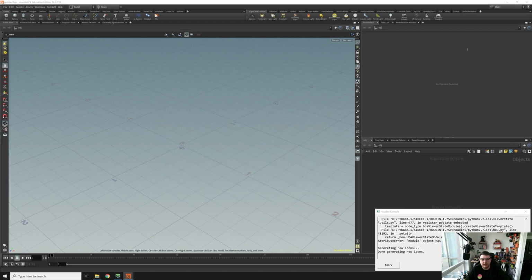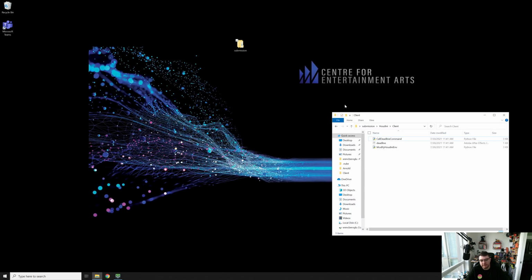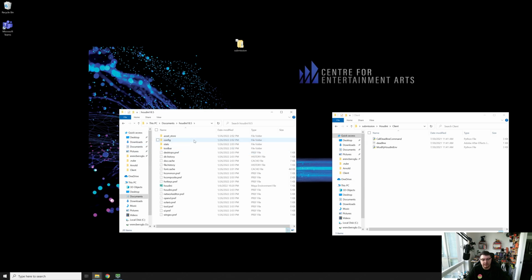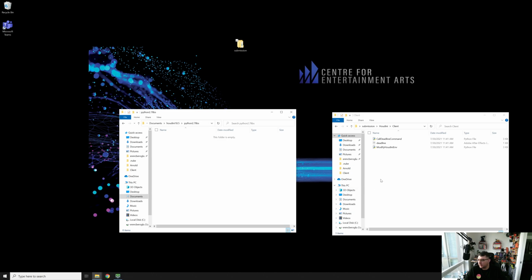So now Houdini is launched. I can go ahead and close it. And again, let's go to our documents location, check our Houdini 18.5, and now we have everything that it needs to be running. So now you need to create a folder called Python 2.7 libs folder. Open it up and then copy the deadline command script to this one,